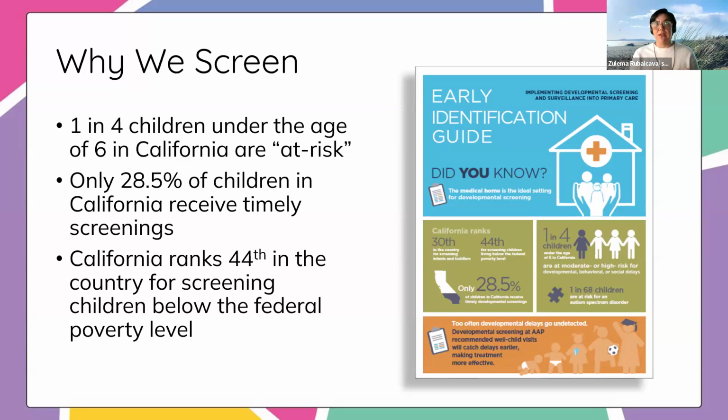What we know is that early intervention works. If we can identify and connect to supports as soon as possible, the outcomes for those children are increased by a lot. I don't know the exact number, but we know that we can maybe prevent some more delays, right? Development builds on itself. And so if you're not identifying early, that delay is just going to keep getting bigger and bigger and bigger. And if we can have children connected to supports as early as possible, the outcomes for when they get to kindergarten are going to be so much greater for them.